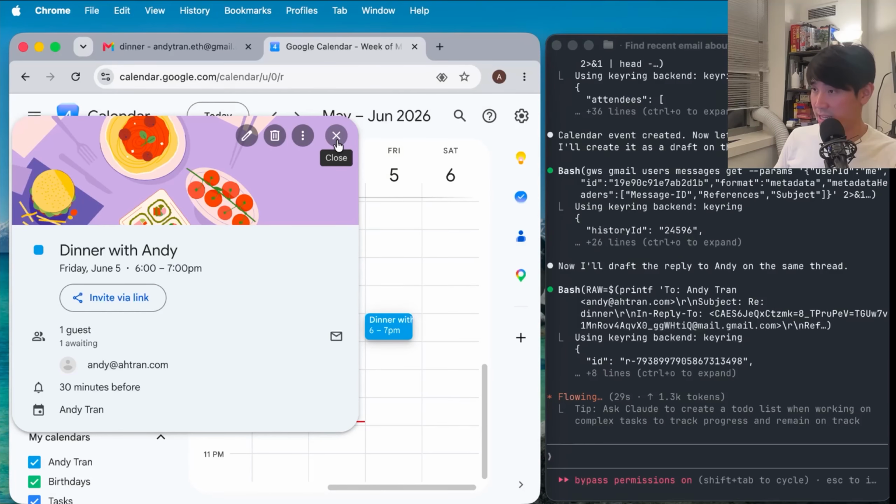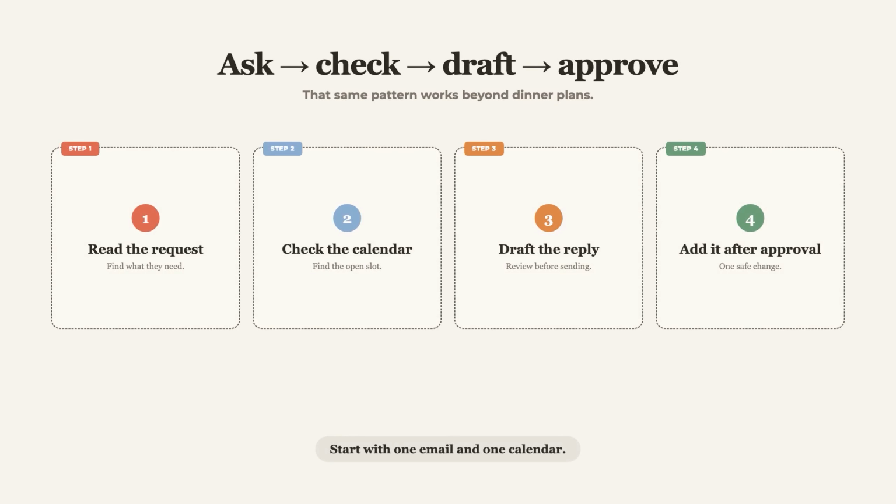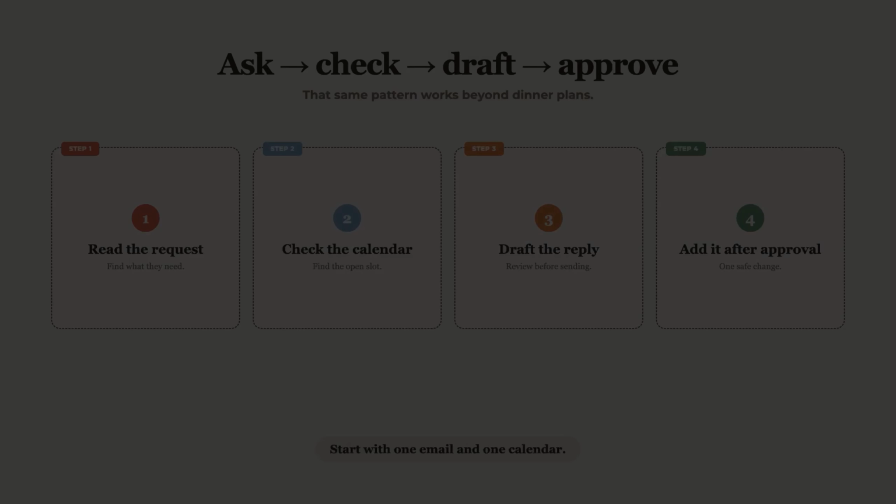So really quickly, easy. So that's the workflow. We started with Claude Code reading my email and creating an event on my calendar based off that email, and then also drafting up an email for me to review first, and then only after I approve that, sending that email on my behalf. And so the big point here is that Claude can